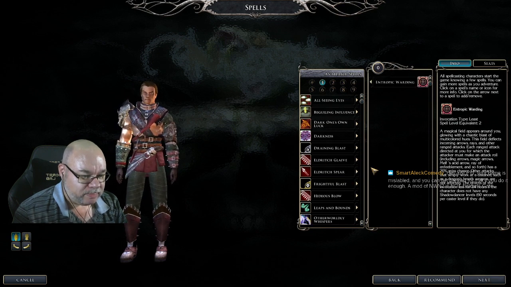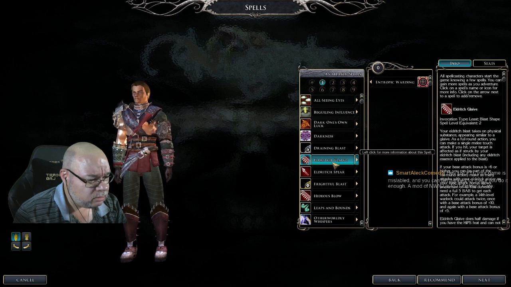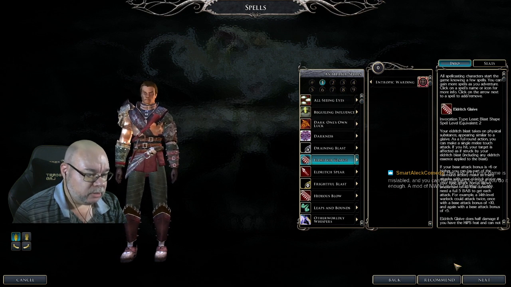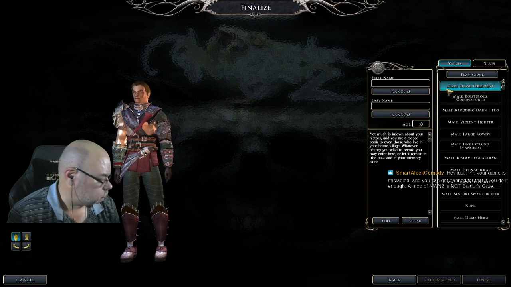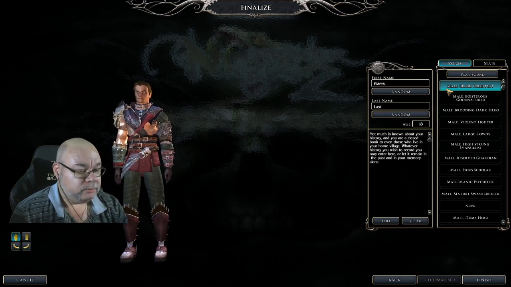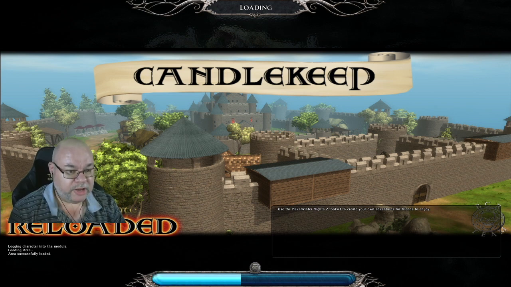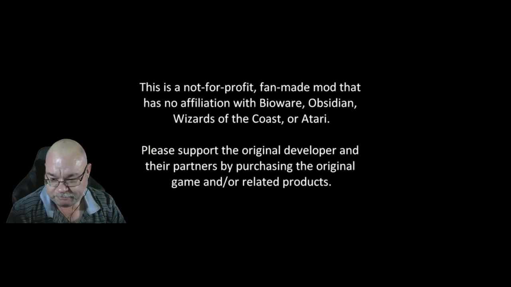And that is useful. Oh, Eldritch Glaive, I don't remember that. Anyway, I'm going to take Entropic Warding. Let's dive on in. The reason why I wanted to restart was because I wanted to get this character built correctly. But also... No, that's all right. Also,